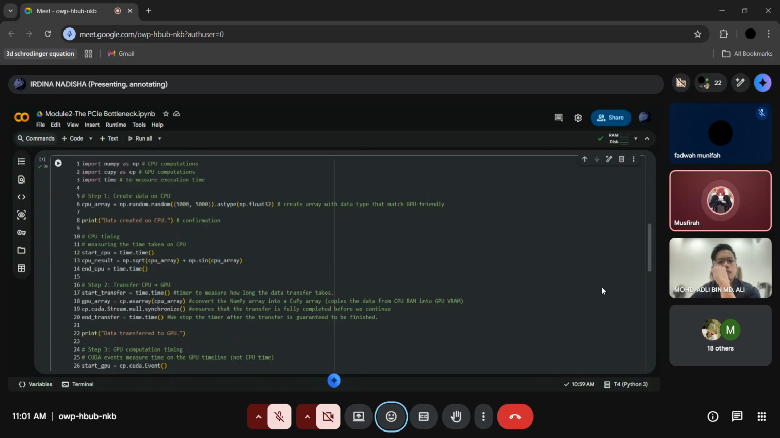Next, we create the data on the CPU using NumPy. So in this line,